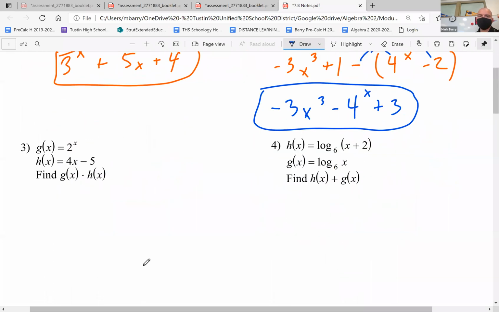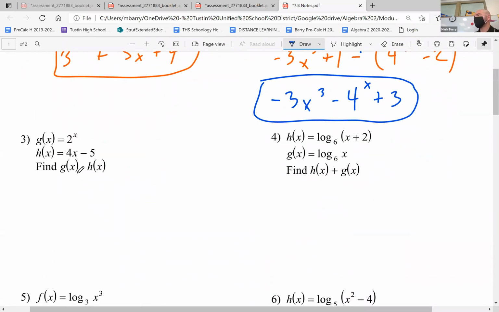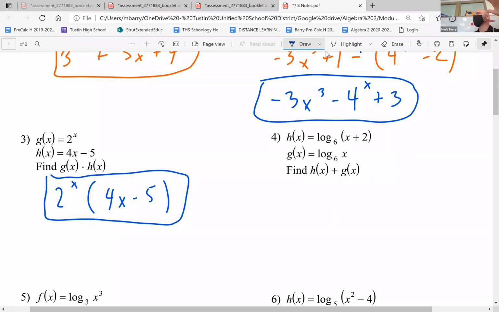Let's do number 3. So this one is asking us to multiply the two functions. So that's going to be 2 to the power of x times 4x minus 5. So that's one way to write it. Or